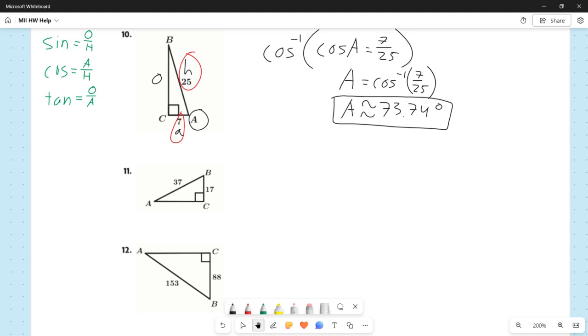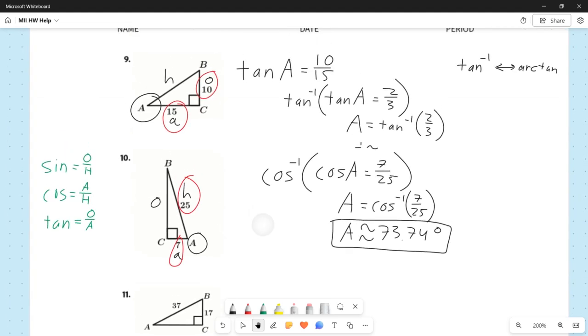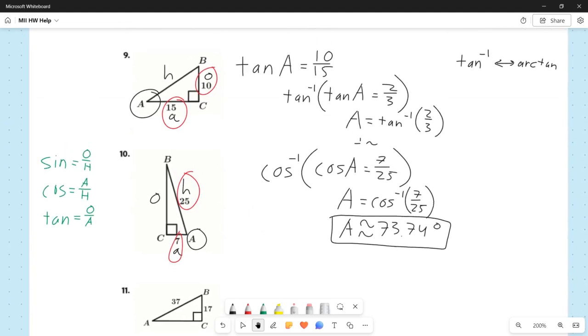We didn't do this with 9. Maybe I'll just jump back up to 9 real quick. Oh wait, did I write my answer for 9? No, I didn't write my answer. Oh, I erased it. But our answer for 9 was about 34 degrees. And even though we're not told that this picture is drawn to scale, it kind of looks like it is. And so if you look at angle A for number 9, getting an answer of about 34 degrees kind of